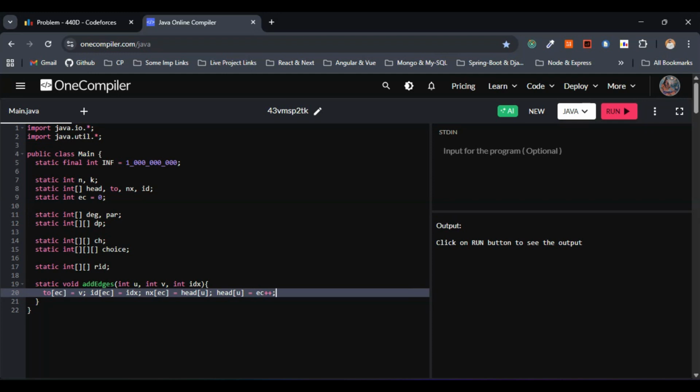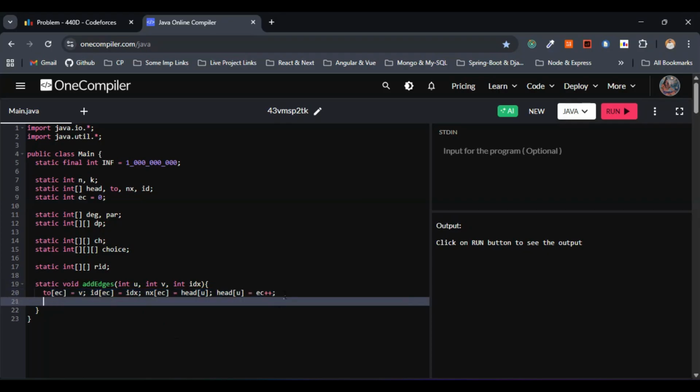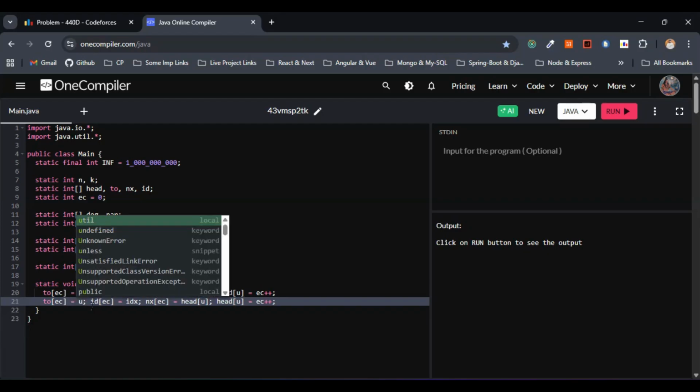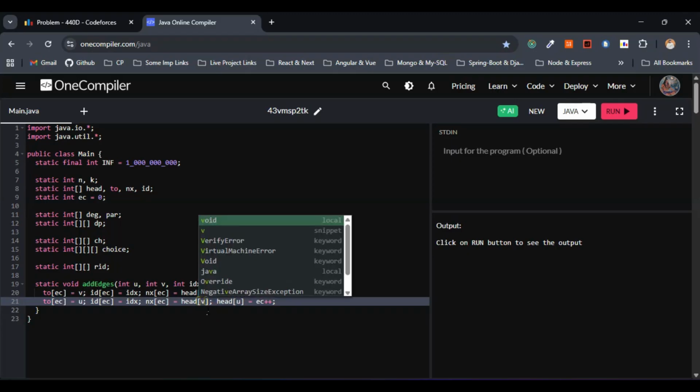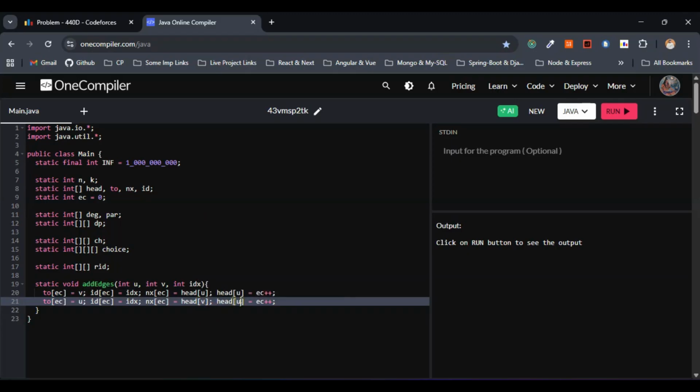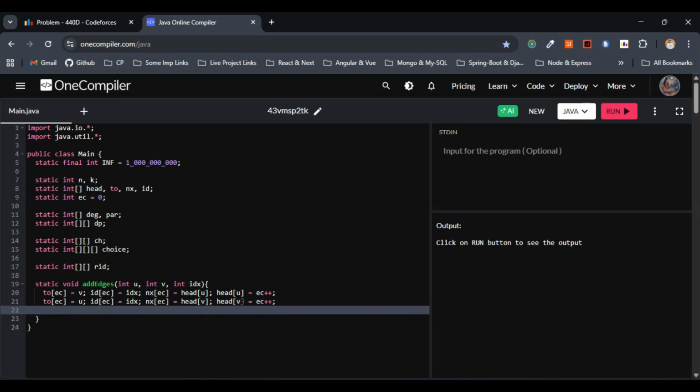Same thing, let me copy this and make the necessary changes in the next line. So this remains same. Instead of v, let's make this u. id of ec remains same, idx remains same, and nx of ec equals head of v instead of head of u. Then head of v is assigned ec. Yep, we know what we are doing, right? We are just adding the undirected edge U and V with the input index idx into the adjacency arrays,